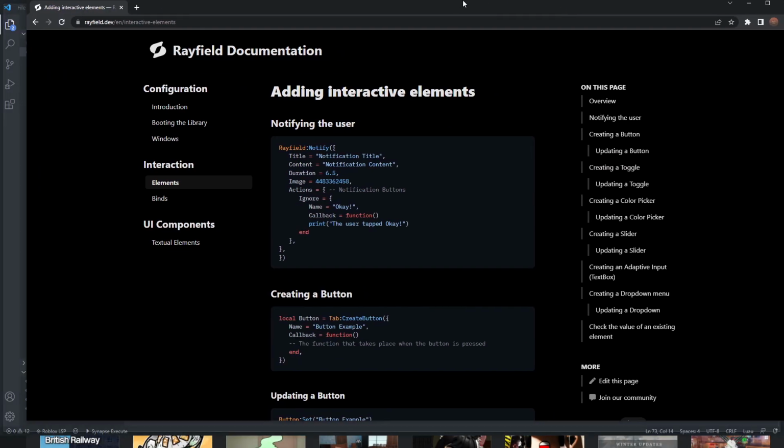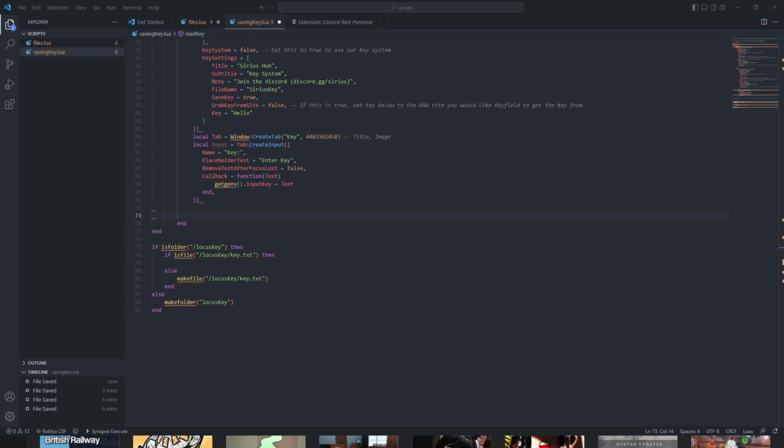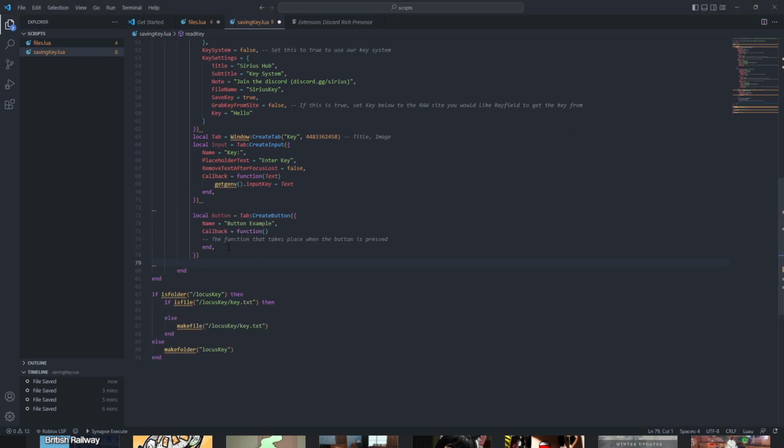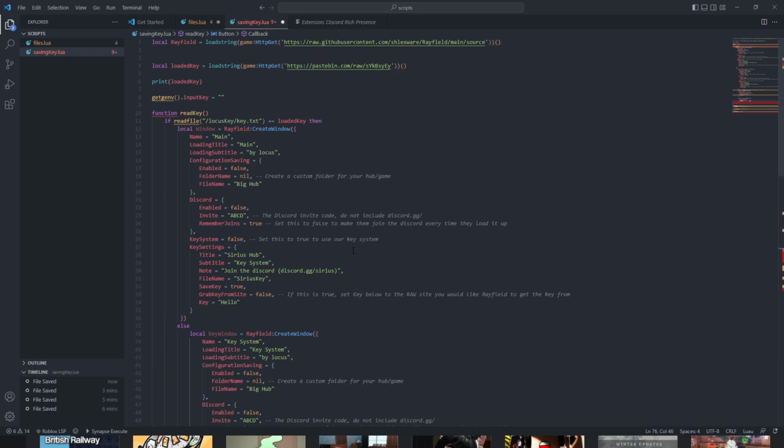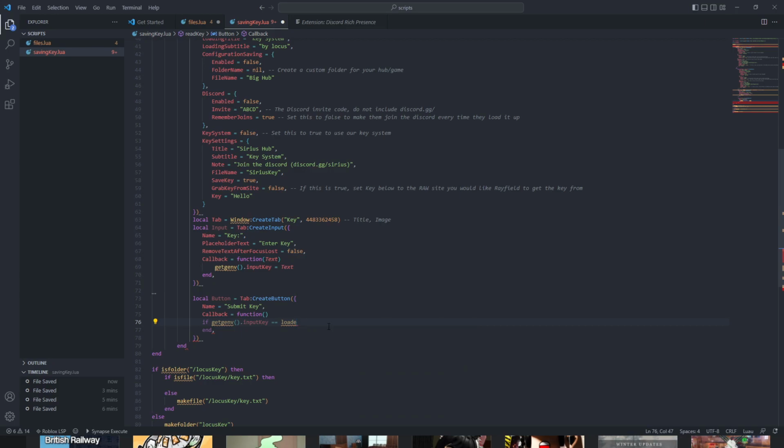So like I said, I'm on my second monitor right here, you can see. Okay, then we're just gonna call it submit key. Okay, and then what we're gonna do here is if getgenv().input key is equal to loaded key, not loaded key. Oh yeah, loaded key. Then we're going to